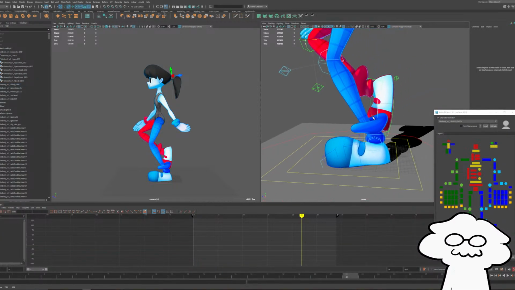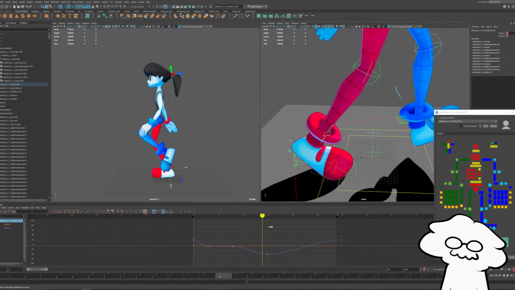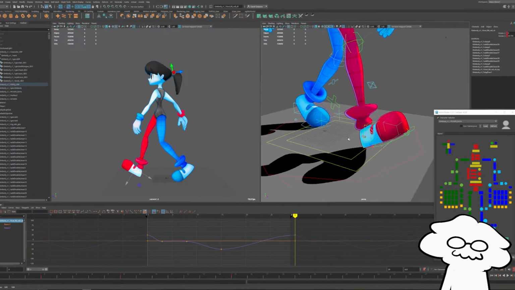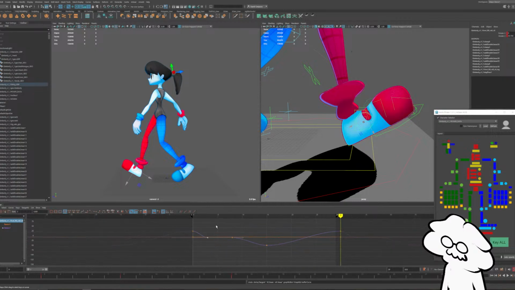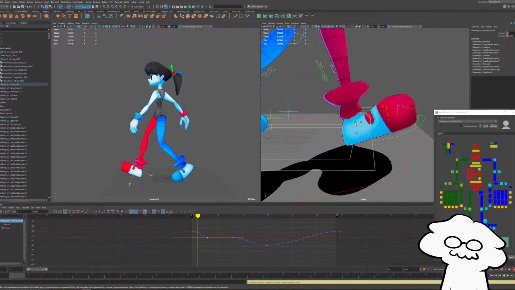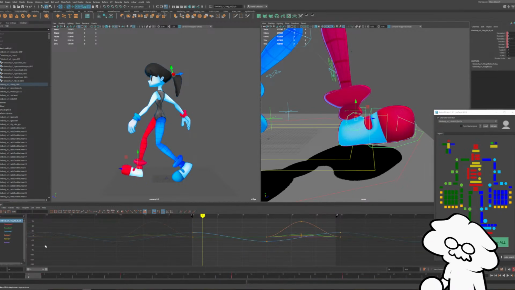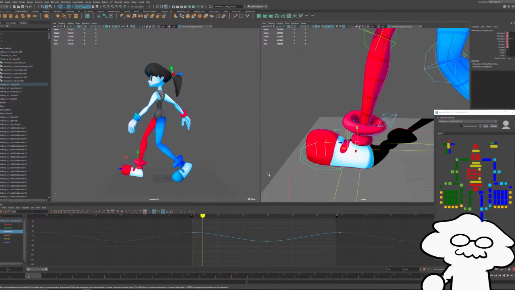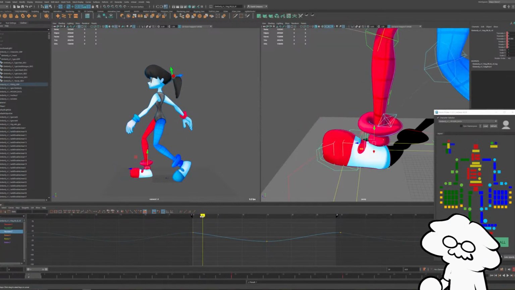Let's do that to the other foot real quick, just so we don't lose our progress here. So we're going to select the foot roll and have it. I just realized this foot would be on the first few frames, so let's snap that downwards. And for the translate Z keys as it's going backwards, we'll have it immediately start going backwards.